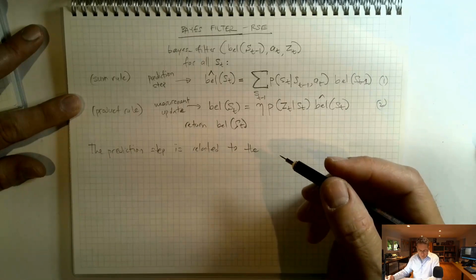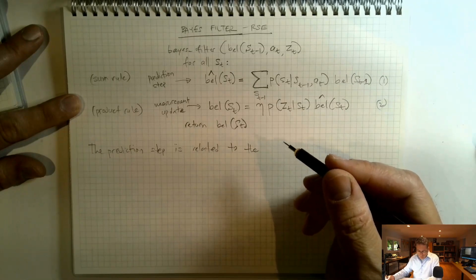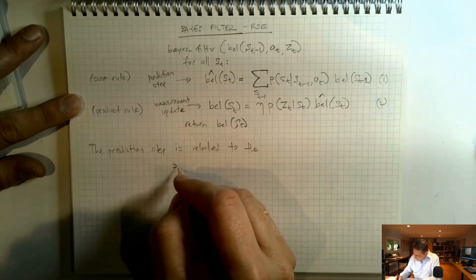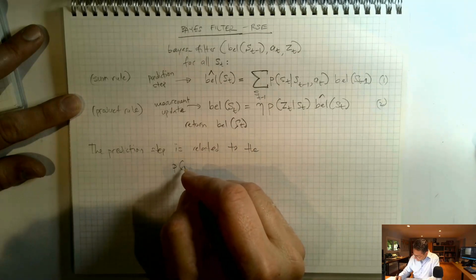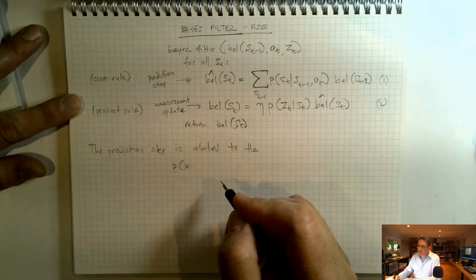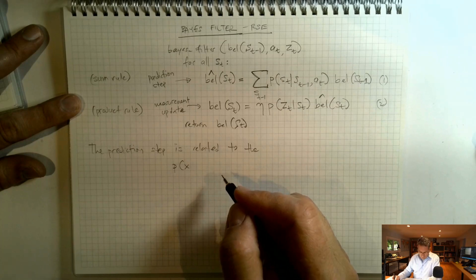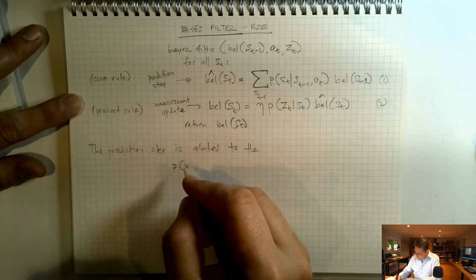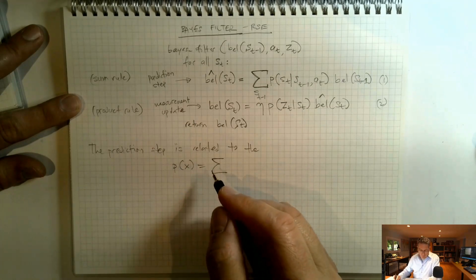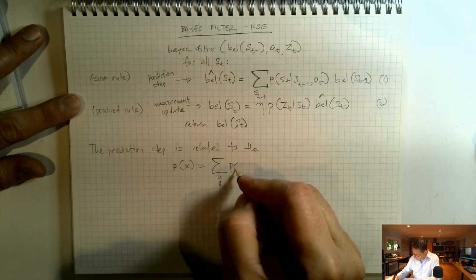And if you remember, the marginalization rule was p of x. Let me call this p of x. I used x and y variables when I was discussing these two foundational probability rules. So I said p of x is the sum over all y's of p of x comma y,